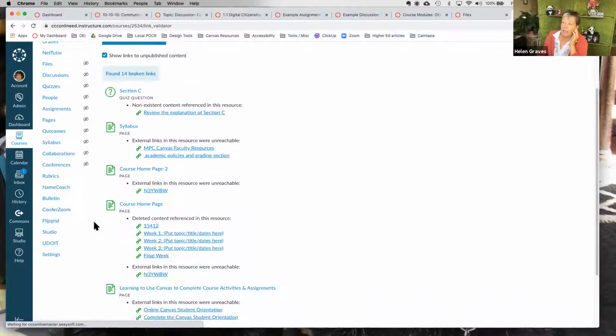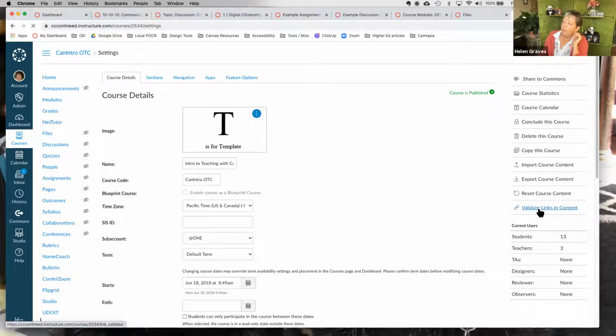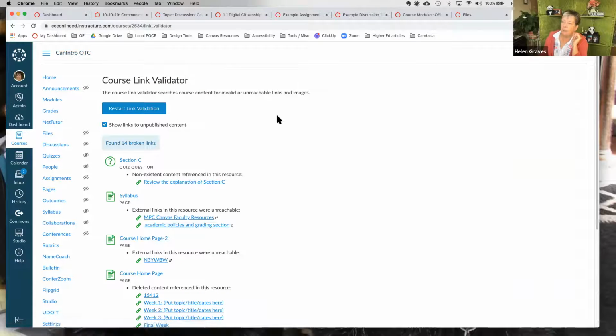And to find it, you're going to go to Settings, and it's in every course by default. So if you click on Settings, and then over here on the right-hand set of options, the very bottom one is called Validate Links. And when you click it, it takes you to this page.